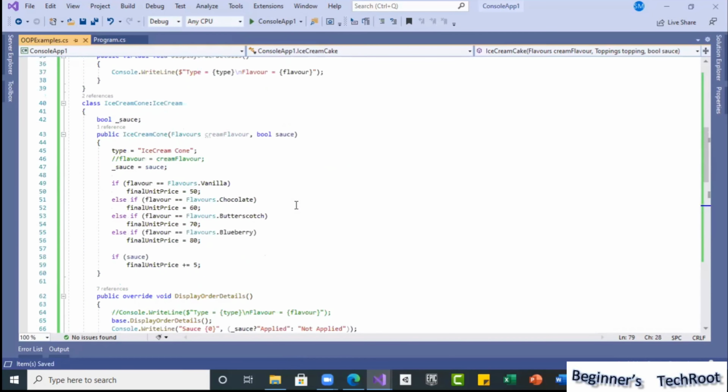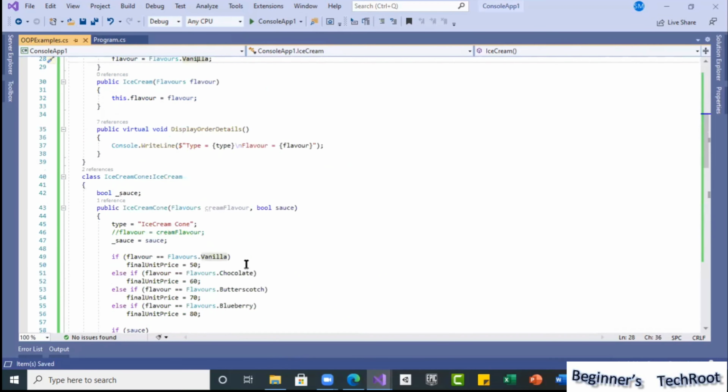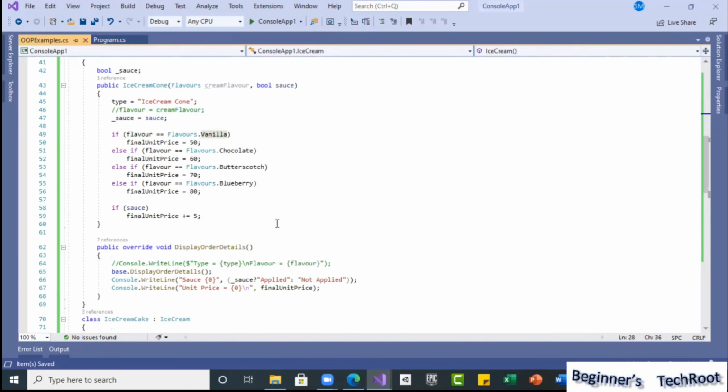The default constructor we have sets the flavor to vanilla, so it will assign vanilla. Let's see what happens.